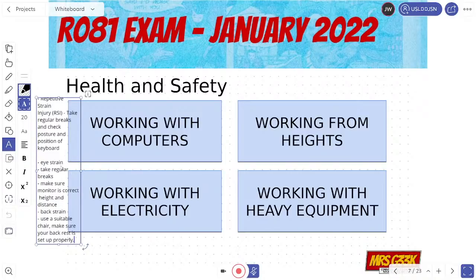So, right, working from heights. And now this is more on the production side of things. So obviously, this isn't going to be the people making the mind maps and that, because generally you don't do that from great heights. But this will be thinking of your camera crew, lighting crew, for example. So when working from heights, things to be aware of are...